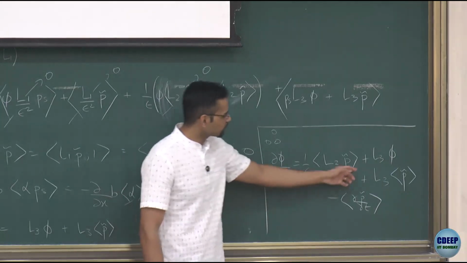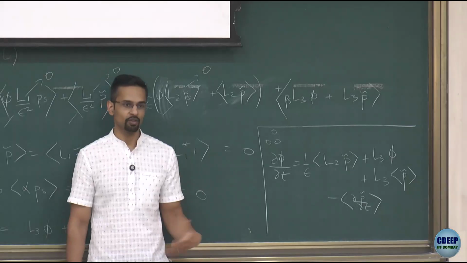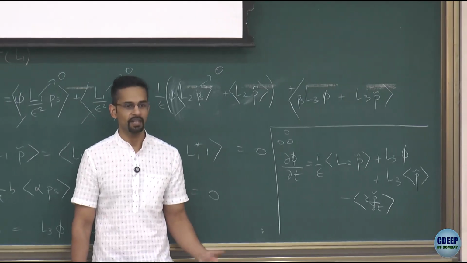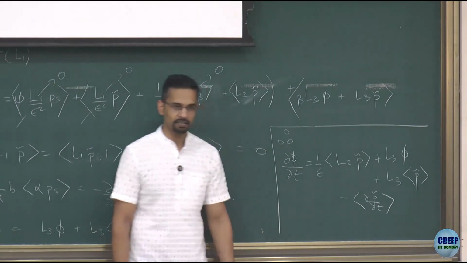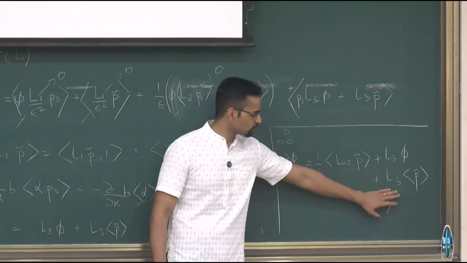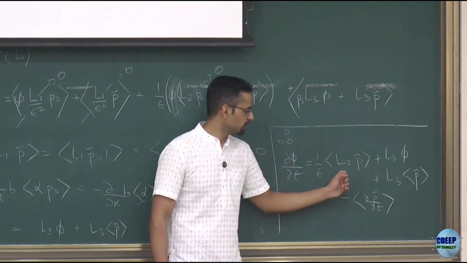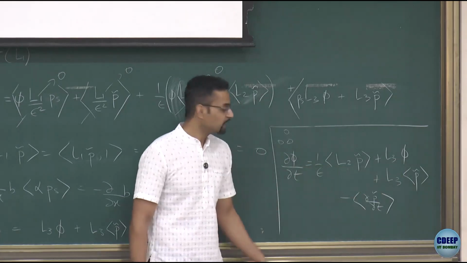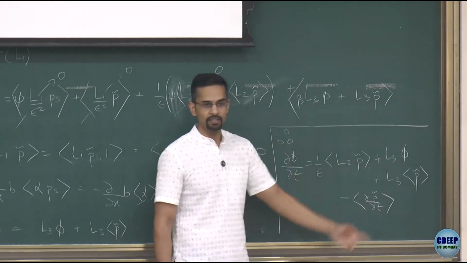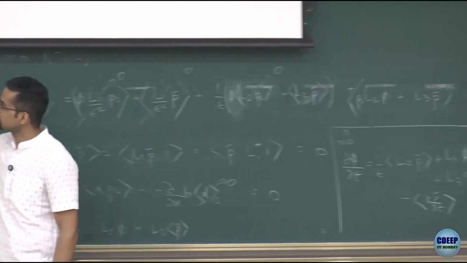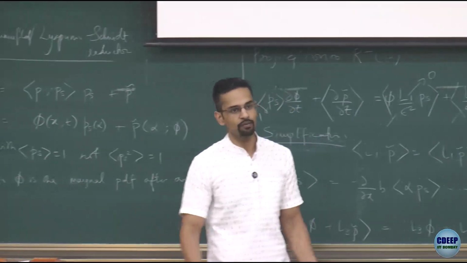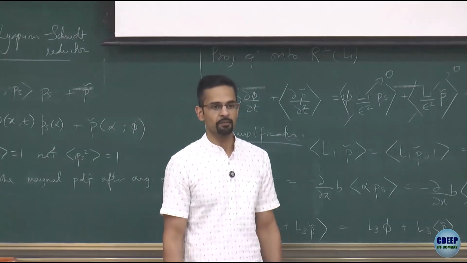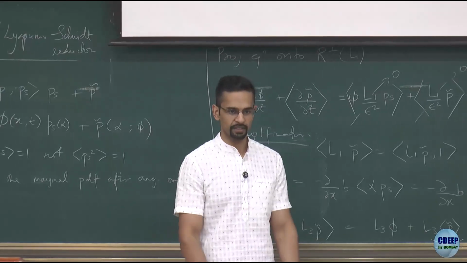So now our task is to find an equation for p tilde, solve it to order epsilon, at least at leading order, and then I can substitute back. And when I do so, these two will drop out, and the leading order behavior will be only here. Already the term we know is L3 phi. What is L3? Just the drift, minus d by dx a phi. So that would be the term you would get if you tried to write down the Fokker-Planck for x directly.